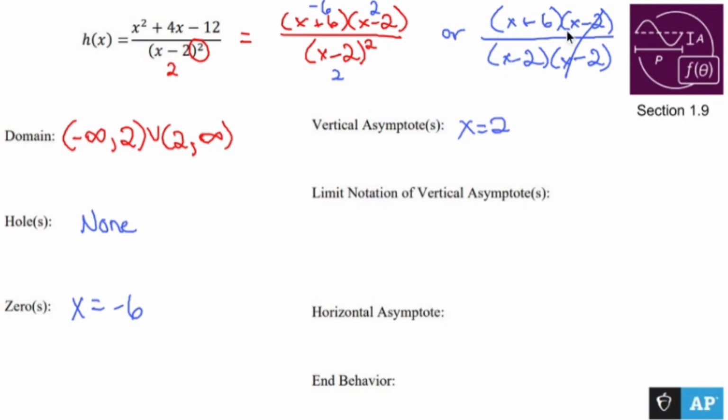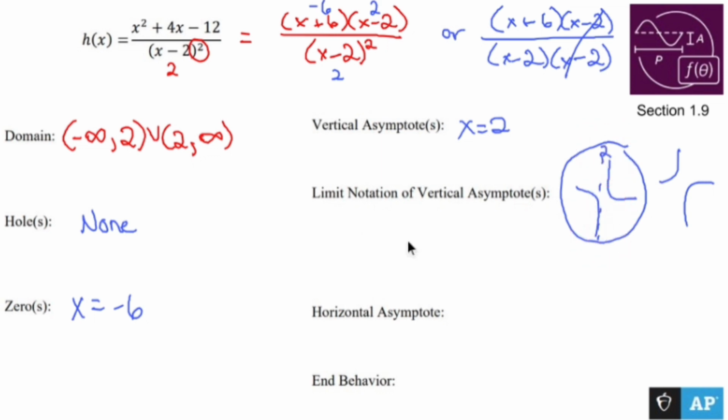Now, since the graph behaves like this, my picture is either going to look like this guy or like this guy, because now it behaves like this. And if I wonder, which one is it going to look like? It's going to look like U, this one right here. The reason why it looks like that is because both of my leading terms are positive. So it's going to take on this behavior. If I wanted to go into more detail, I can make myself a sign chart, but I'm not going to do that. So what it's asking me here is the limit notation of my vertical asymptote, which happens at 2,